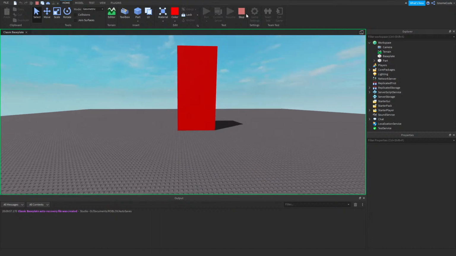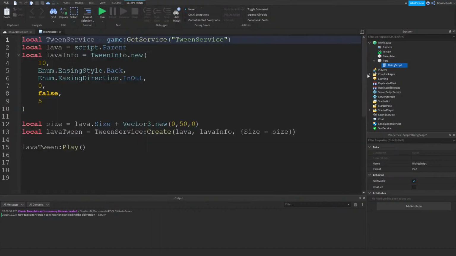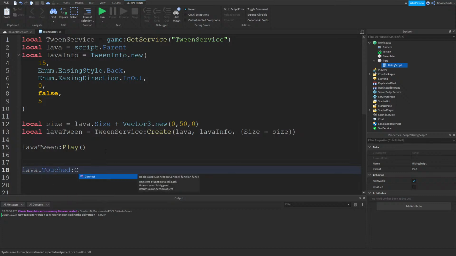Okay, cool. That's pretty fast, isn't it? We set it to 10 seconds. Maybe we want a little bit more, but after we've done that, let's make sure we set up our event. So lava.touched, connect function, part, and then we're just going to want to check if the